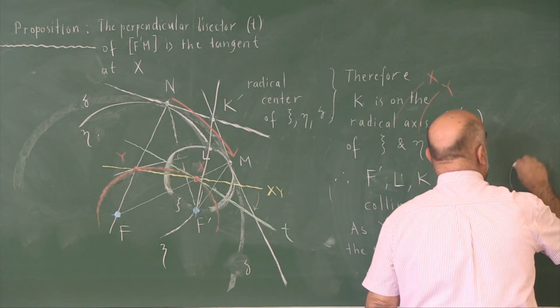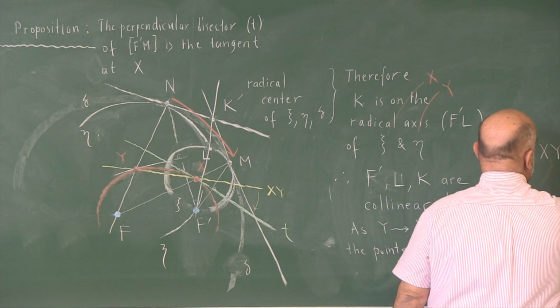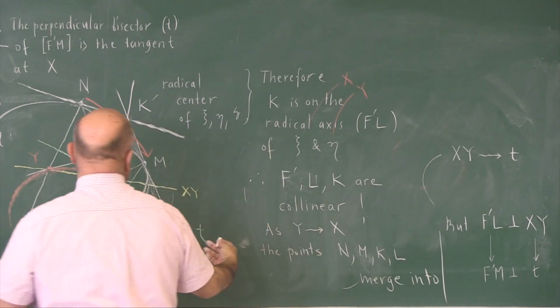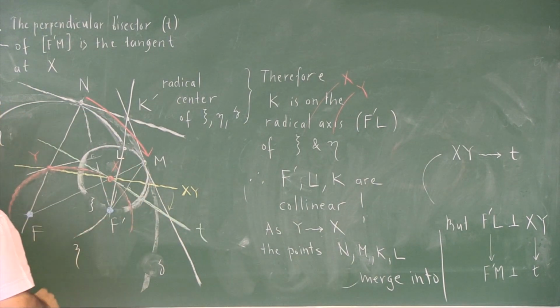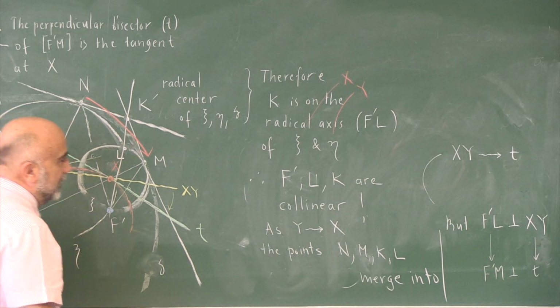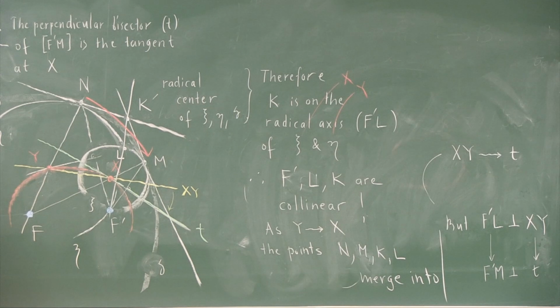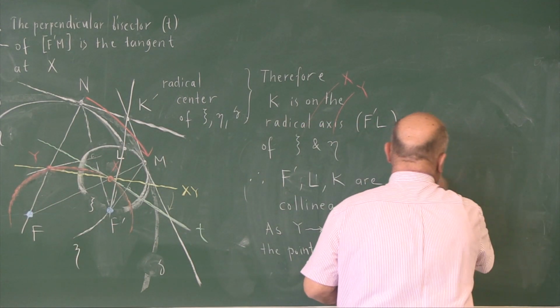So we conclude that the line XY moves into the line T, which is the perpendicular bisector of F'M. Right. So I can make this a little bit clearer. Actually, you see,